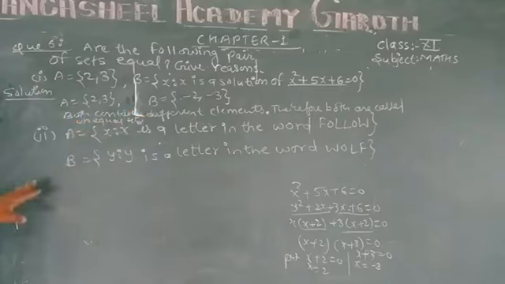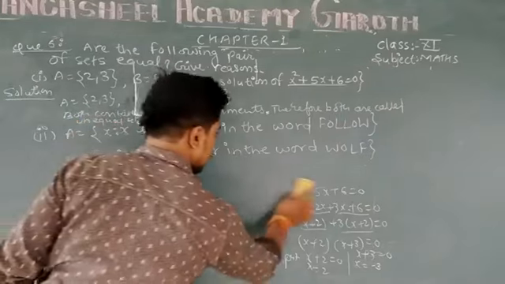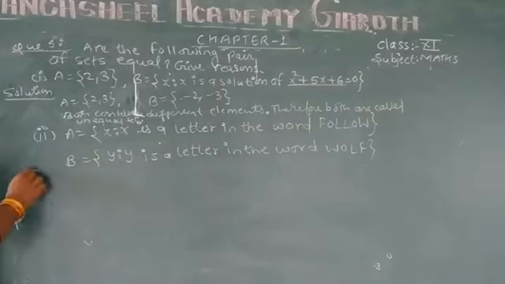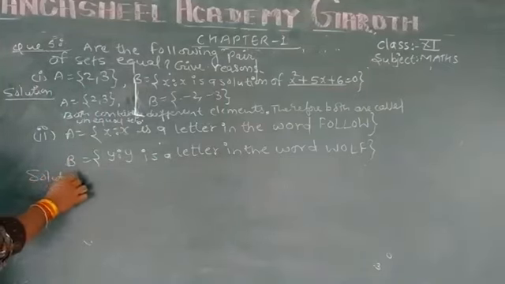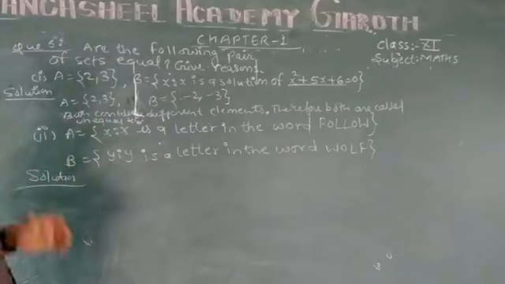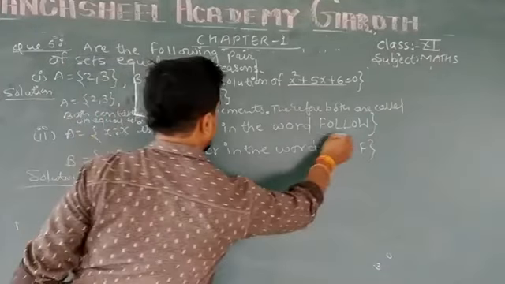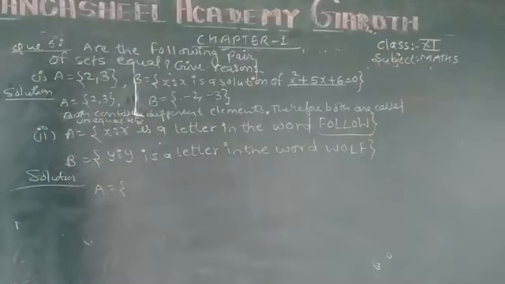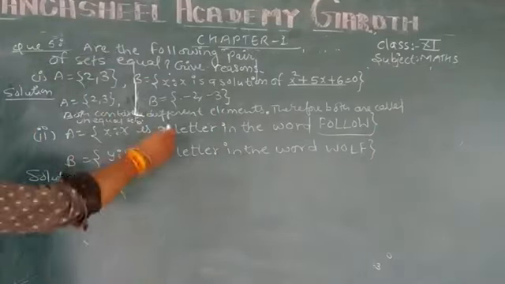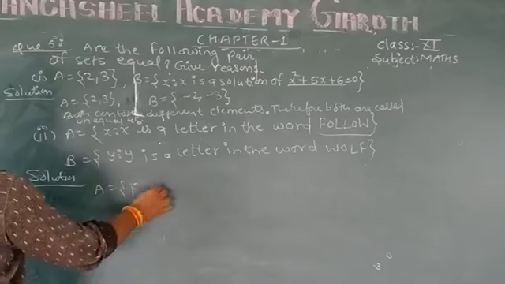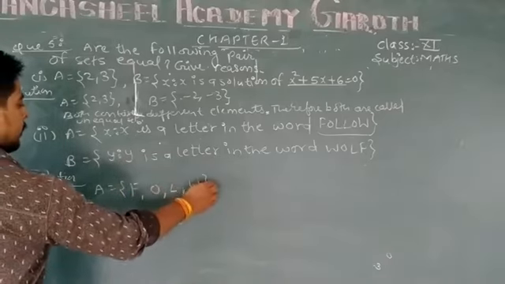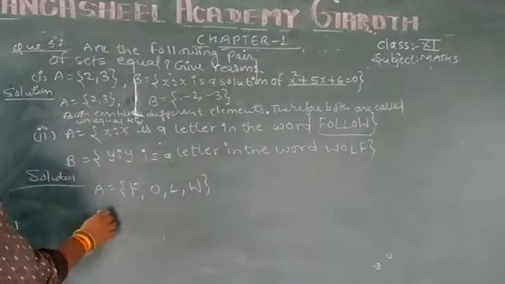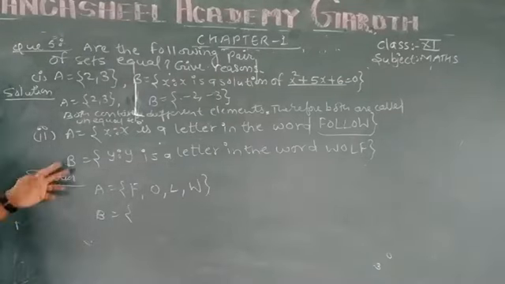Now the next question is question number 2. Its solution. A is a set such that it contains the letters of the word FOLLOW. So with the help of roster form, we will write the elements F, O, L, W. Why? Because a repeating letter cannot come twice in a set,